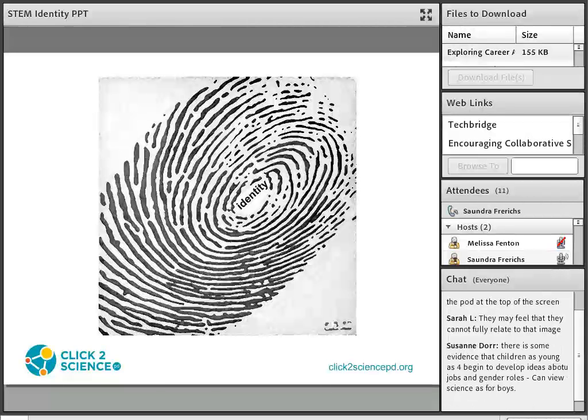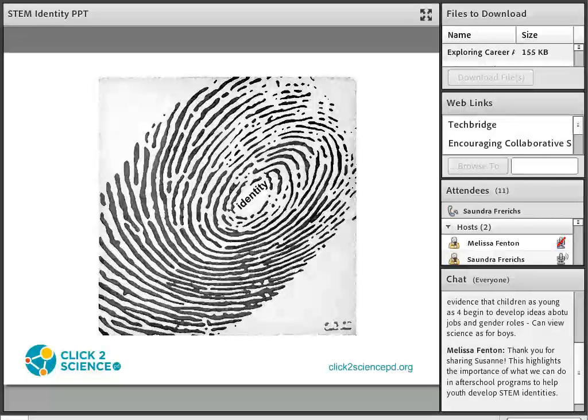They may not choose a STEM career when they finish high school, but they should feel that they're prepared and they can be successful in STEM if that's what they want to pursue. And they should know that there are many different types of STEM careers that may let them work in a lab or in a factory or outdoors or in an office, so there are different options they can pursue. And there are many STEM careers that pay well, and some require an apprenticeship or a 2-year degree, while others are going to require them to have 4 or 6 or more years of schooling, depending on what they want to do. We just want them to have this full range of options open to them.